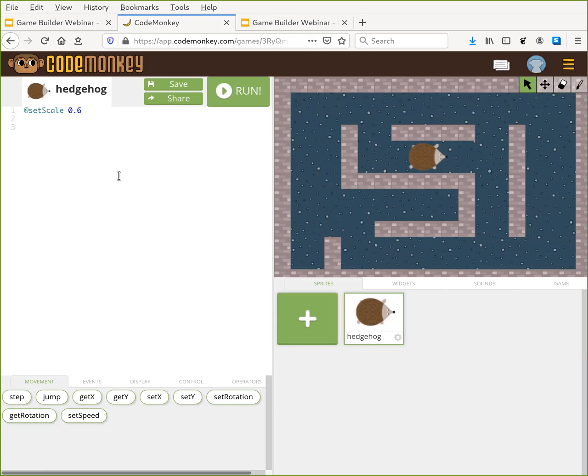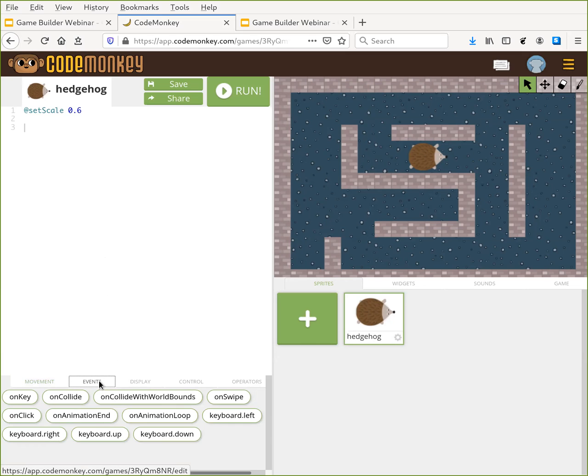The event we want to respond to control our hedgehog is the onKey event. You go to the Events tab underneath the code window here. There's a button for onKey, which gives us a little snippet of code that'll help us get started writing the function to control our hedgehog. So, onKey is the name of the event.